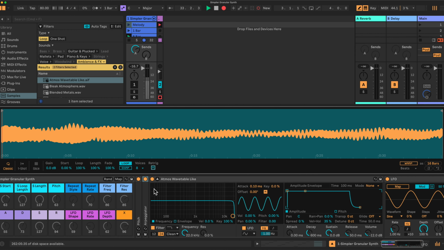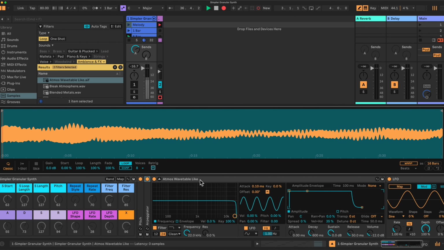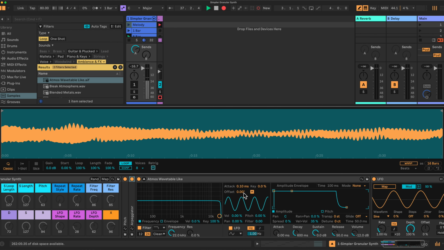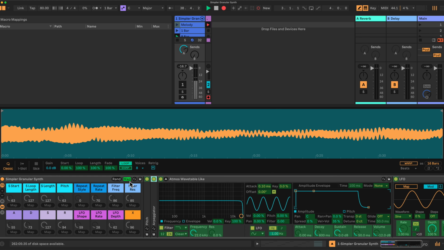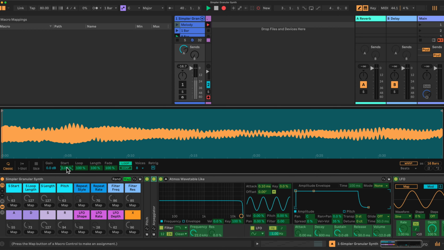Okay, so that's set up. We can now perhaps do a little bit of mapping. Let's map here the LFO. That might be the first thing we want to map. So what we want to do is go into mapping, and we map here the sample start to our macro